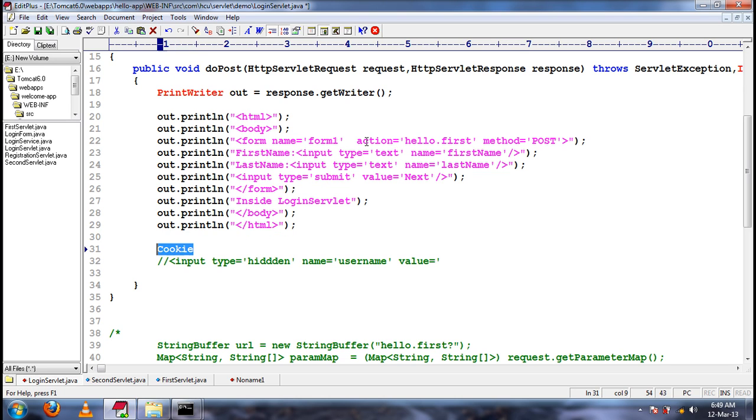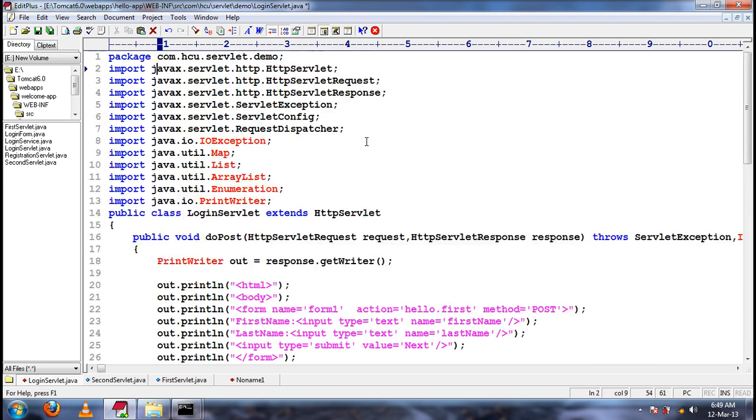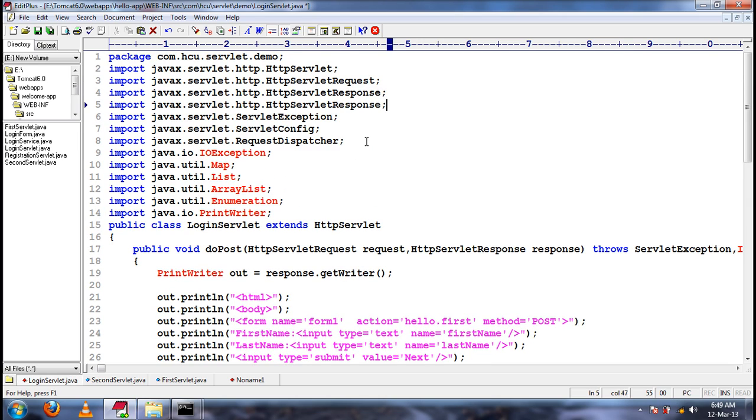Cookie is a class in the javax.servlet.http package, so we need to import that. This cookie class will be used to manage the cookies in Servlet applications.